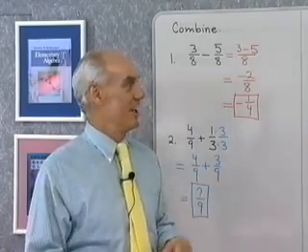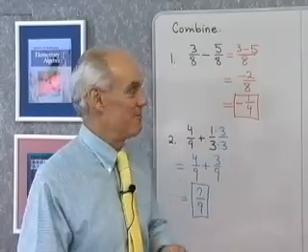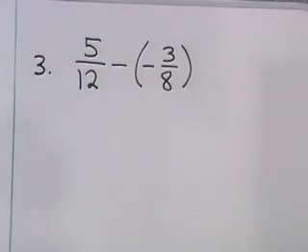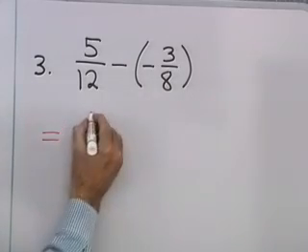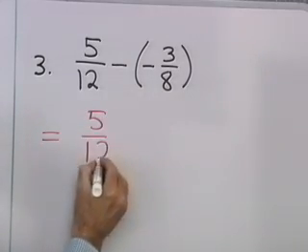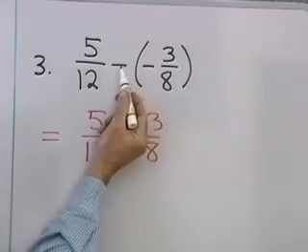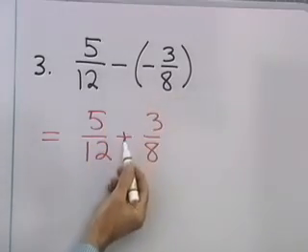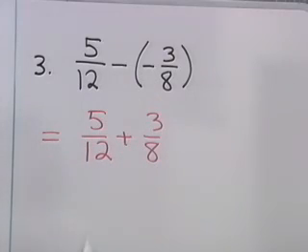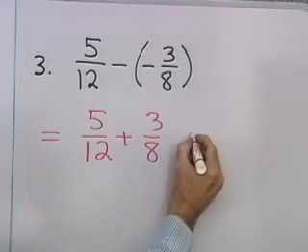Who knows? Let's look at another problem, a little bit more complicated. Have 5/12 minus negative 3/8. I'm going to rewrite this as 5/12 plus 3/8 to begin with, because I know that subtracting a negative number is the same as adding its opposite. Now I see that I have denominators of 12 and 8, so I'm going to build a least common denominator over here